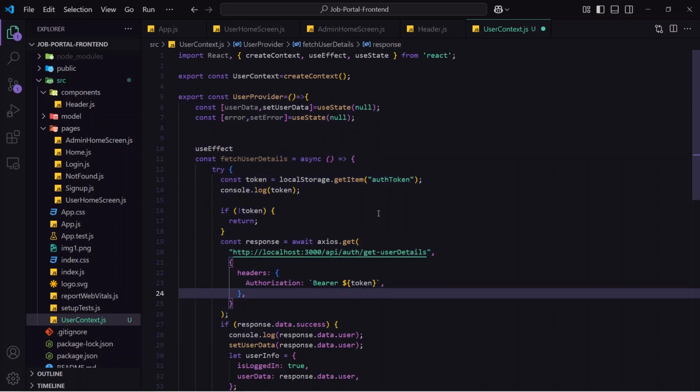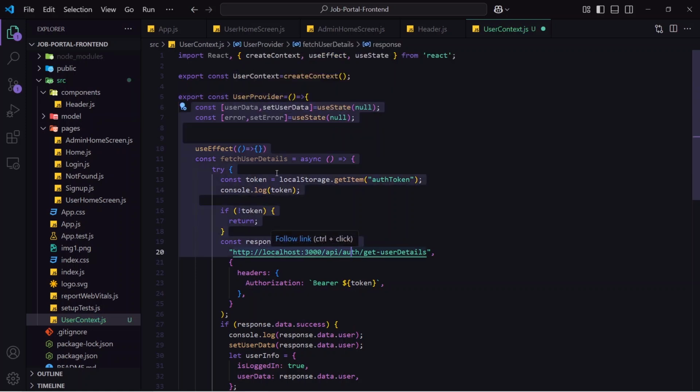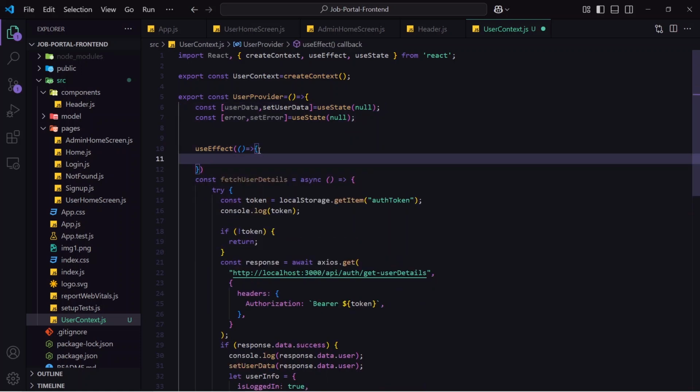Like in the normal function, I have written these things, so here also we can write these things. So it is no different from that. Just the additional point is that this user provider can share all of this data throughout the React application. So in this I will come and let's call this fetch user details, and I will give you an empty